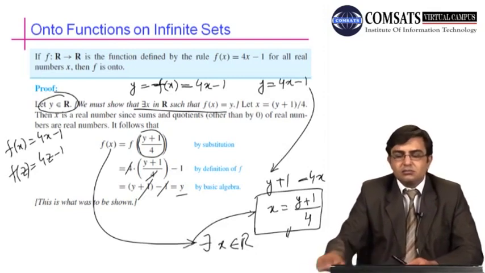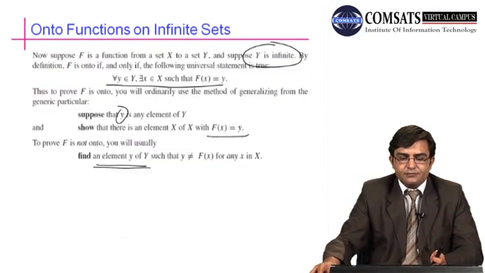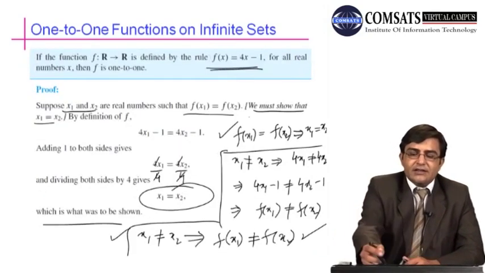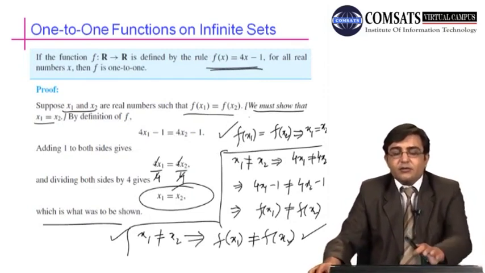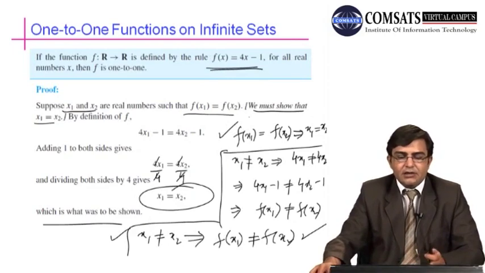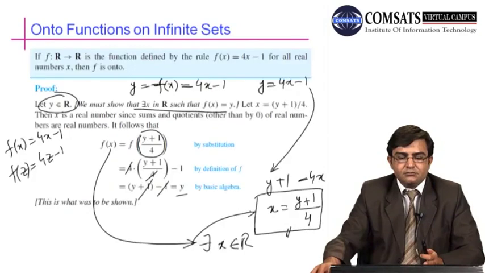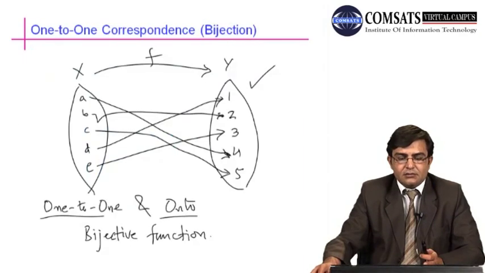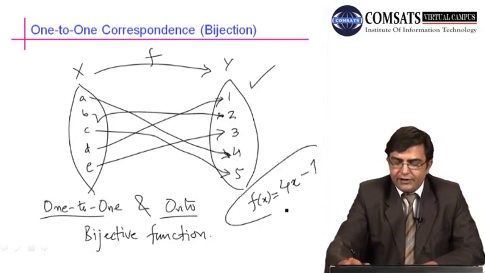In the previous example we have proved that this function is one-to-one, and we have verified that f is onto. We have proved that this function is one-to-one from R to R. This is an example of an infinite function which is a bijective function. You can say here f of x is basically 4x minus 1. This function, which is defined from R to